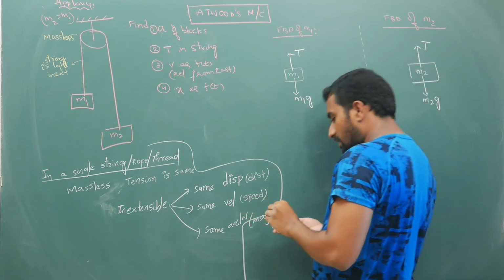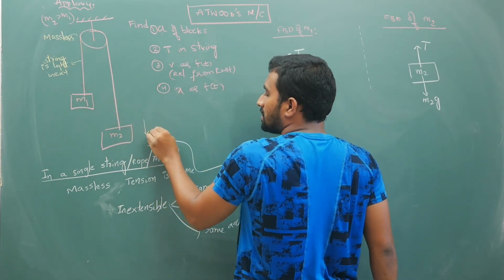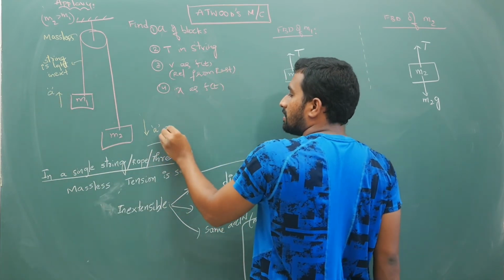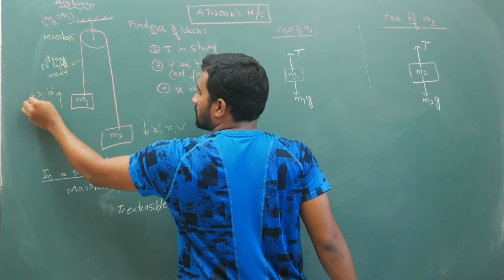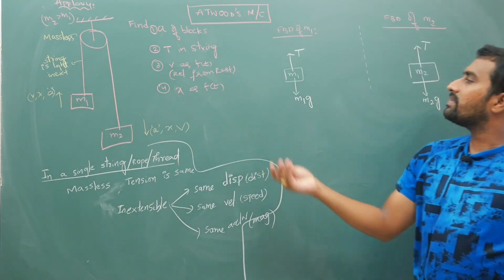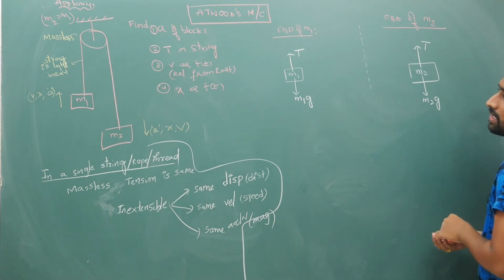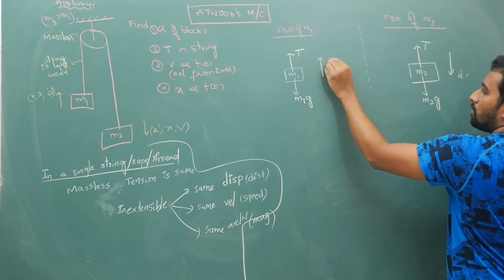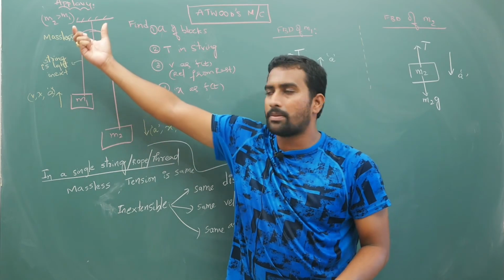Now if you look at this figure, you do know the fact that because M2 is greater than M1, this comes down with acceleration A, this goes up with acceleration A. Same displacement x, same velocity v, because you have only one string. If there is more than one string, things will be different, but here you will have same velocity. Now observe carefully. If this comes down with acceleration A, this must go up with acceleration A. We know that from common sense.